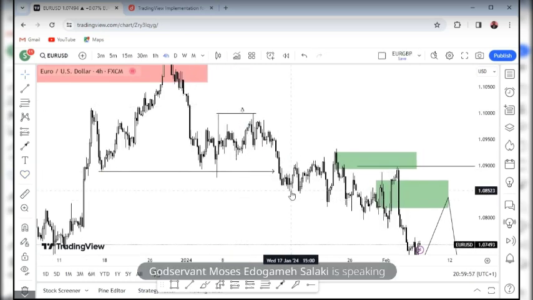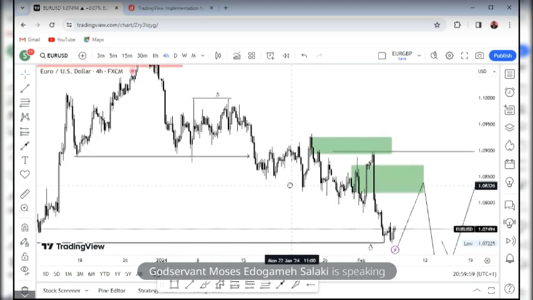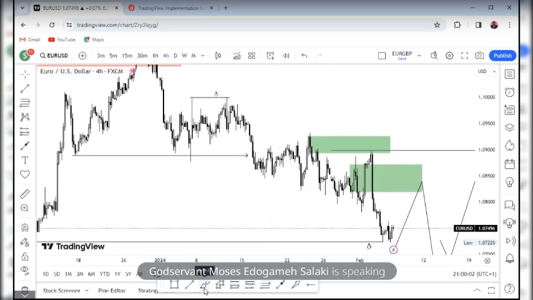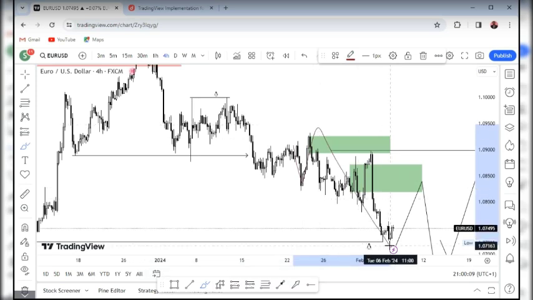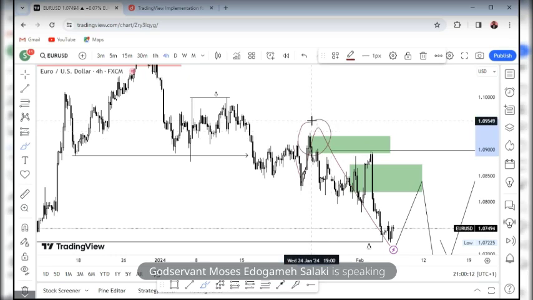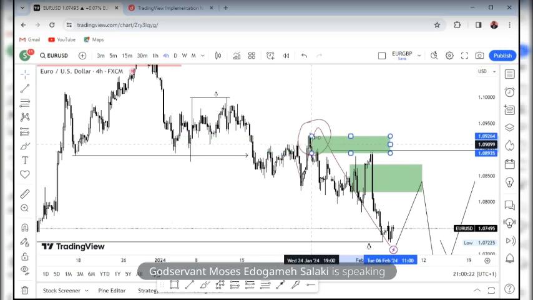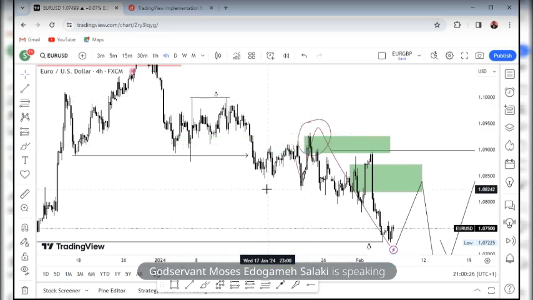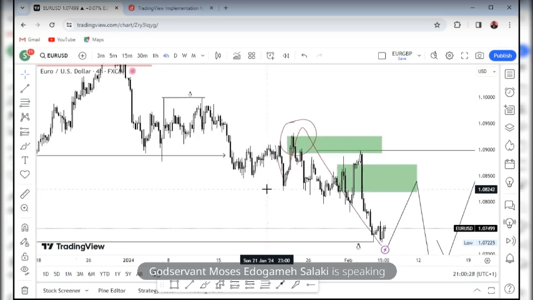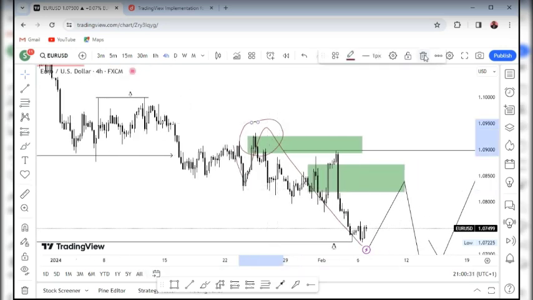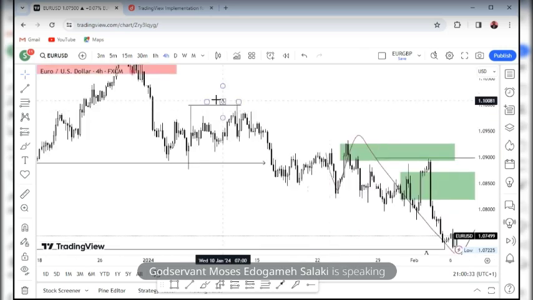Price broke structure, created another range. Watch, price broke structure. Look at what price did. After breaking structure, price created this low, created this high, and price left. So this zone become valid. All right, this zone become valid because price came back, just retested the line. You can see how that price retested all of this zone. Though we have equal highs here, okay? Someday price will come back there, and then we can just continue to maybe get entry at the fair value gap around this zone. All right.